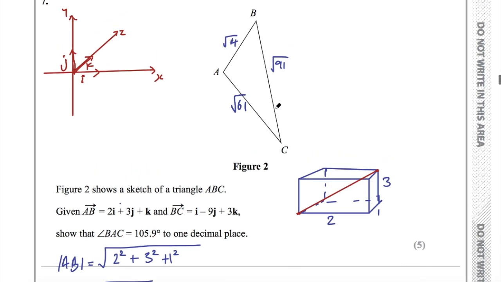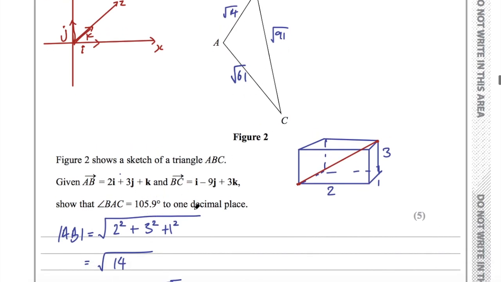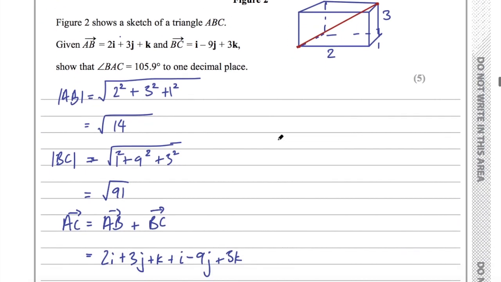And I have 3 lengths of that triangle. I need an angle in that triangle. How do we find an angle given 3 lengths? We need to use the cosine rule. So remember that the cosine rule says that the cosine of A equals B squared plus C squared minus A squared divided by